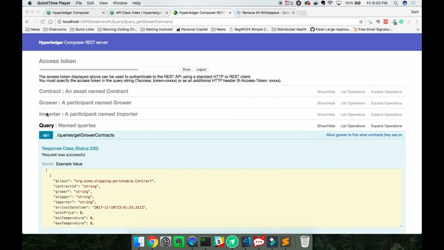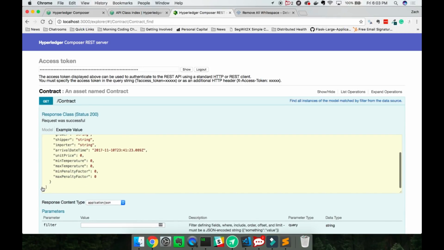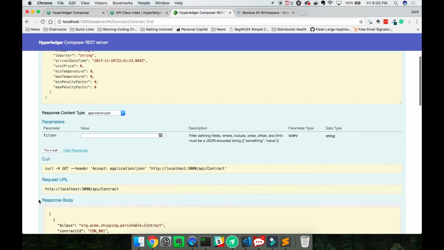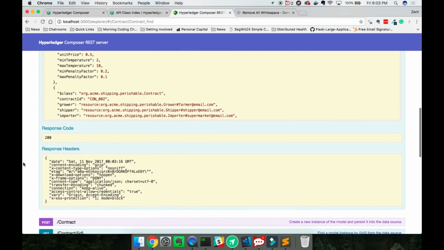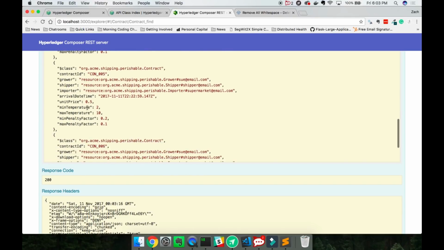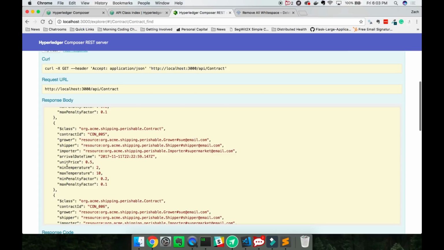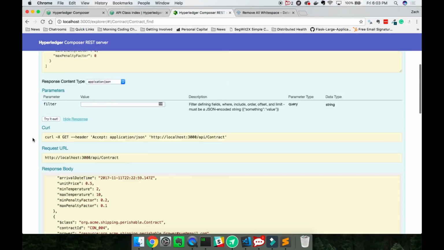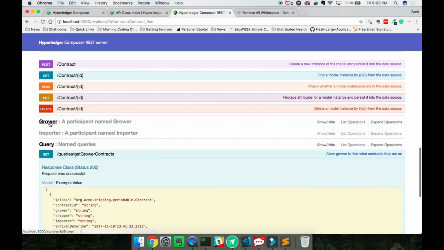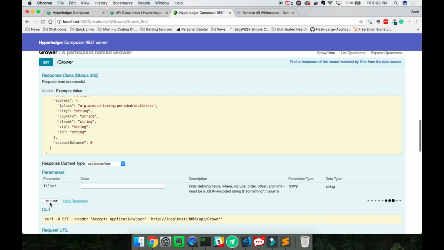So I went up here to the contract and created a bunch of different contracts. So I'm going to get all of the contracts. And you can see here in this field, there's a bunch of different contracts on here. What I want to point out is the different growers on the contracts. So I also created a new set of growers. So if we go to grower, get grower, and try that out,